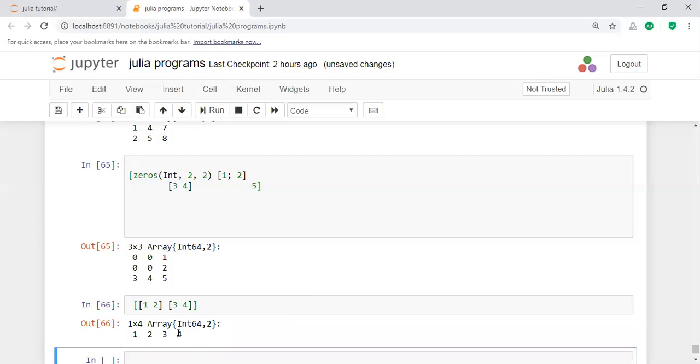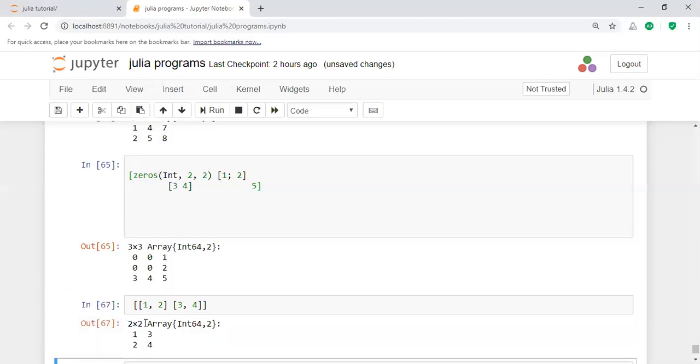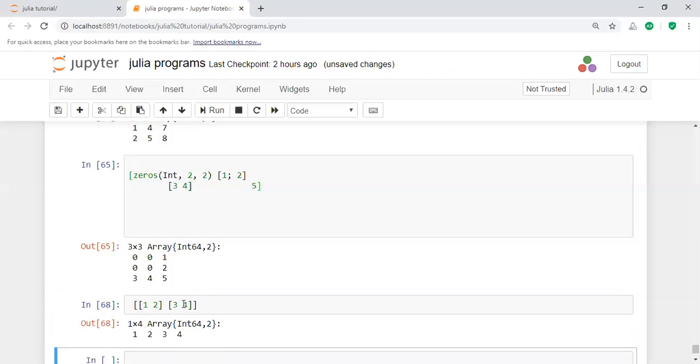Here in this way, you have a row format. If you write a comma here, it is a 2 by 3 matrix here. If you remove the comma here, it is a single dimensional matrix.